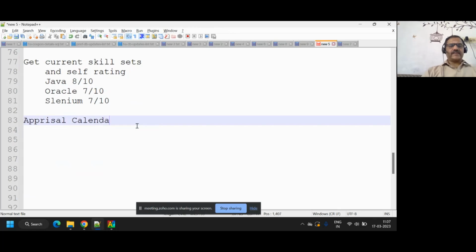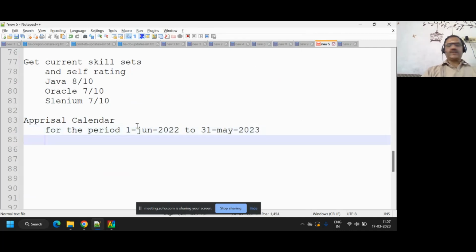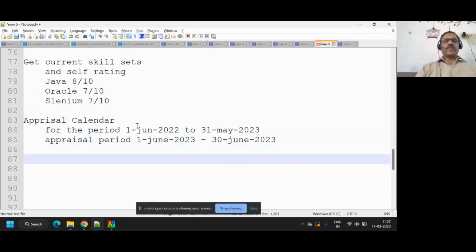the appraisal calendar. HR will create an appraisal calendar saying that for the period 1st June 2022 to 31st May 2023, this is done. Appraisal will be done from, let us say, 1st June. Appraisal period is 1st June 2023 to 30th June 2023. Because all the managers must be ready, you should be ready for the whole year, what work you have done. This is called annual review. The next step they will do is